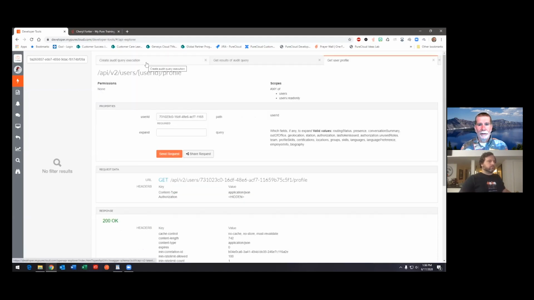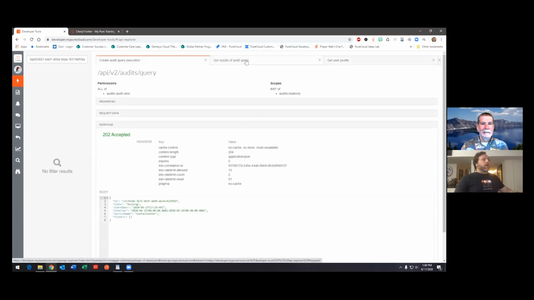That's a convoluted way of getting things, but it's how you can get all those results and figure out who did what to whom in the system during a particular time frame. Very cool. So that's a lot of stuff. Hopefully that's kind of helpful for somebody out there.